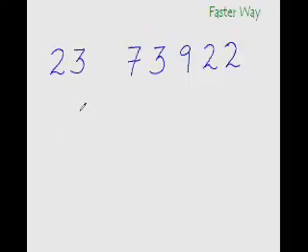Okay, so now let's divide this number with 23 the faster way. Okay, so the first thing would be to break 23 into two parts. Take this first digit as the main divisor and keep this 3 as the unused digit. Okay, so 2 will go how many times in 7? 2 3 times is 6, write 3 here, remainder is 1, this becomes 13. Okay, so our next dividend would be 13 minus this unused digit times the answer digit. So 13 minus 9 is 4, so write 4 here. 2 how many times is 4?